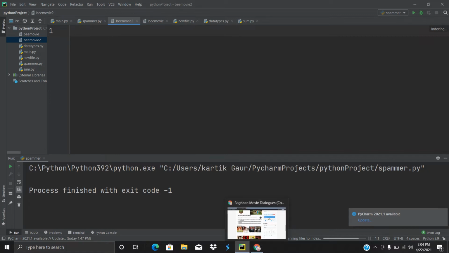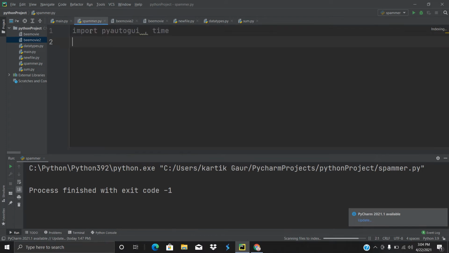Now copy and paste here all the dialogue that we have taken from that browser and from that movie, and after that go to your spammer file again and create a variable named file, and after that we are going to open that file, and the file name is bmovie. So I'm going to take here the bmovie file. Okay, I haven't created any bmovie2 file, so just remember it,